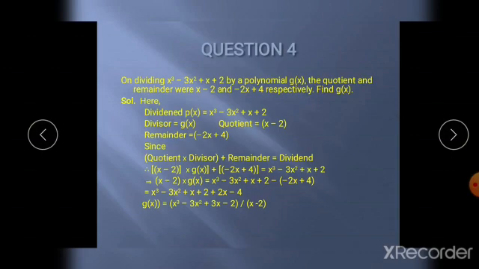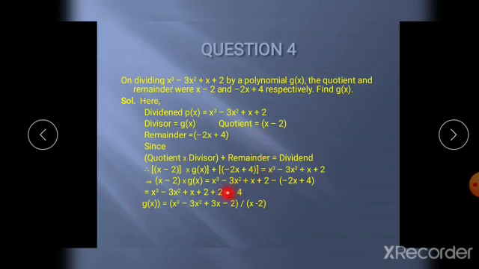Now question number 4, the same way: the P of x is given, and the quotient and remainder. Quotient given, remainder given. As I already told, to find the g of x we have the formula: P of x minus R of x, divided by Q of x. So first subtract these two and then divide by x minus 2. Subtract the dividend and remainder, and then divide the answer you get by the quotient.